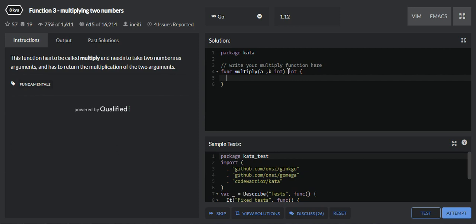Now here I can have a variable as result, which will hold the multiplication of a and b. By default, as the multiplication of a and b will produce an integer number, it will be of int data type. So the result variable will also become int data type by default, because here we are using the shorthand syntax. Now I'll be returning the result. In order to return the result variable, I have to use the keyword return. So now we are done with the function. So let's test the code now.